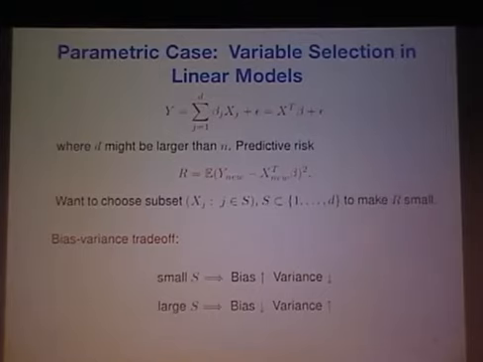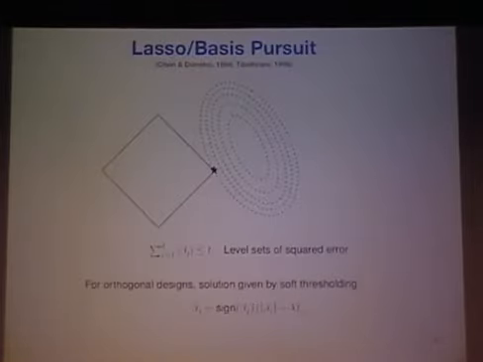Well, if we choose a small set of variables, we're increasing the bias in the model, but reducing the number of parameters, so decreasing the variance. But if we have a large number of variables, we decrease the bias, but increase the variance. So the bias-variance trade-off here is finding the appropriate balancing point. So one technique that is very basic and has seen a lot of recent research is just